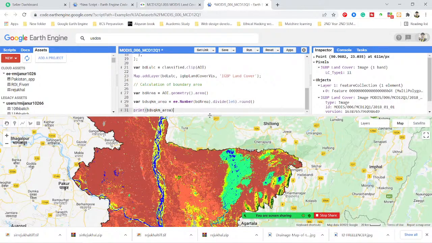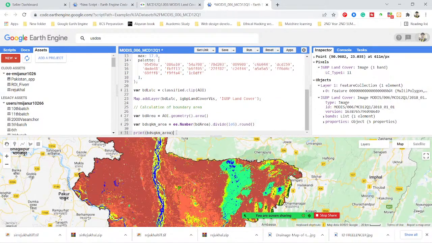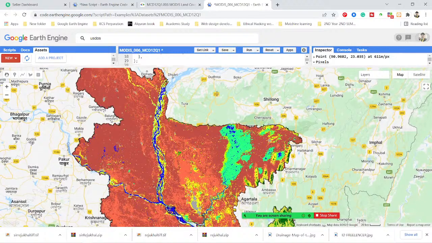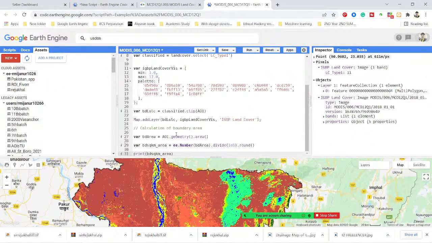Okay, so this is our area. So now you can see, I just try to show you how you can easily calculate the feature or vector area. So in this time, I want to show you how you can easily calculate the single classes. So here you can see different types of classes will be available here. So if you want, you can see how many classes will be available here. So for this, I simply